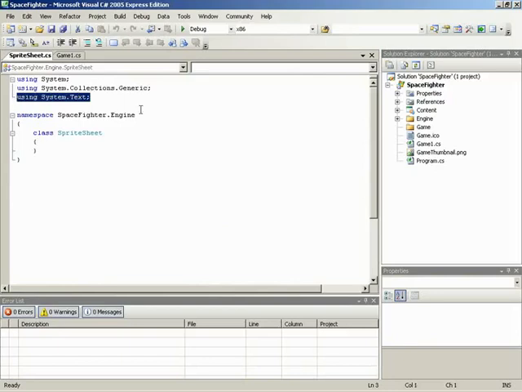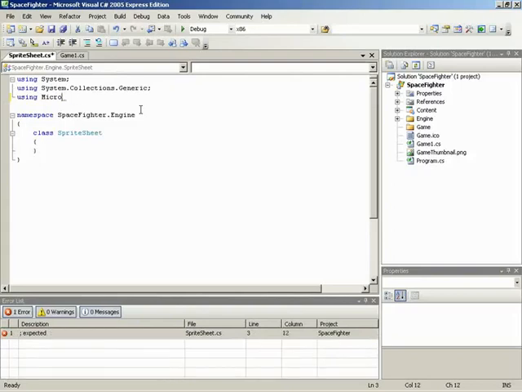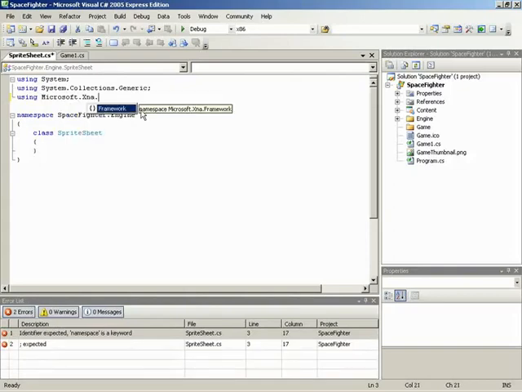I'm going to pull out the using for System.Text because we won't be using it. I'm going to add in using statements, and these will be for certain XNA subsystems. More specifically, we'll be looking at graphics and content. So I'll be using Microsoft.XNA. Let me grab some spelling on Microsoft. Oh, your spelling was so slick in that particular case, it actually looked right to me. But we're looking for